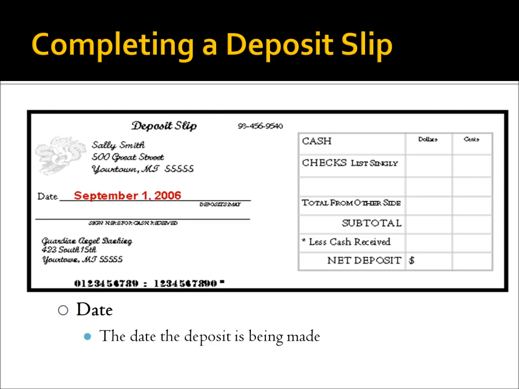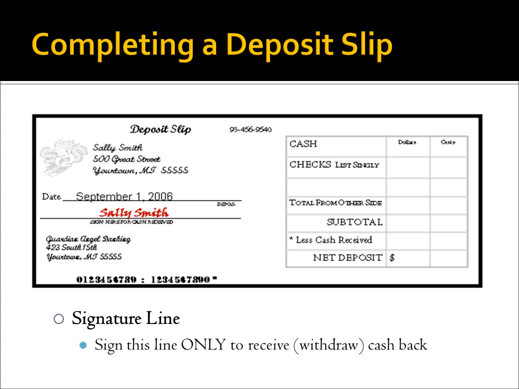Now, this is what a deposit slip looks like. It's pretty basic. You have a place for your date, a place to write your cash, any checks you're depositing, and then your total amount of deposit that you're making. The first thing you need to do is fill out the date. The next thing to do is to write your signature, but only if you're asking for additional cash back when